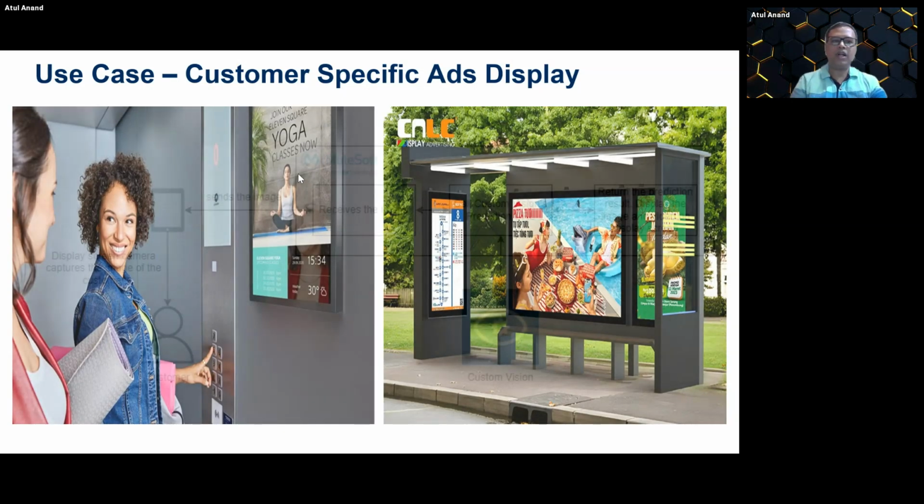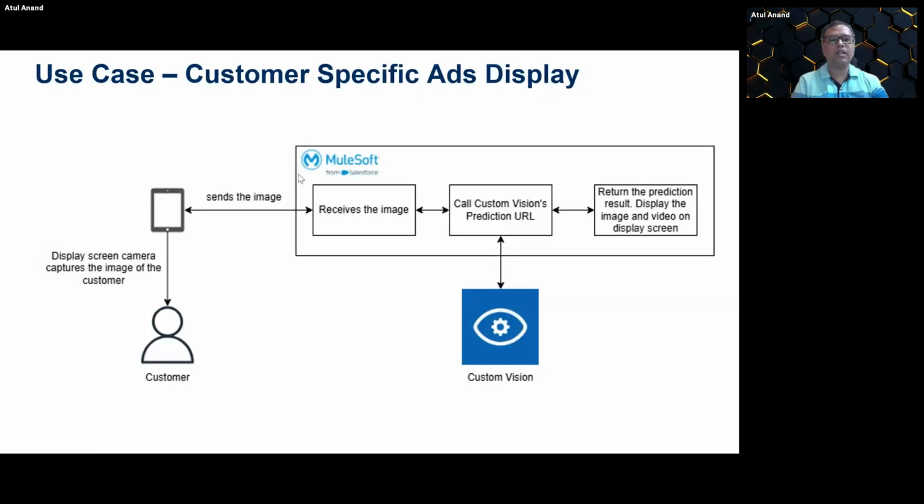So this is a simple diagram, right? I'm not having the display screen, so I will try to mimic that. What I am envisioning is that the display screen will have a camera. It will capture the image of the customer, and it will send that image